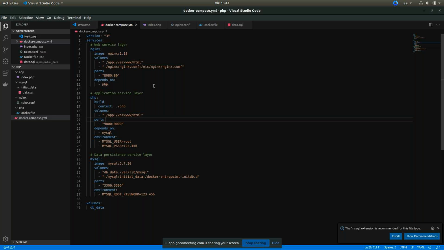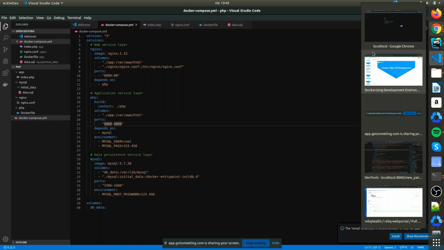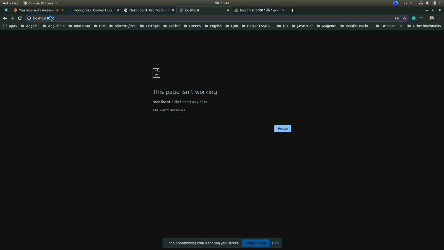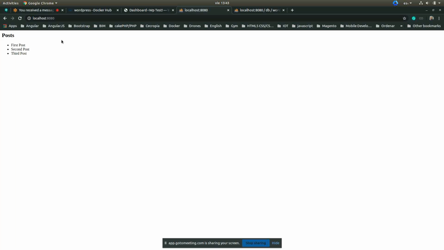It's not 9000. We have to go to the Nginx web server. It's 8080. Sorry, 8080. And there we have it. This is the simple PHP application running.